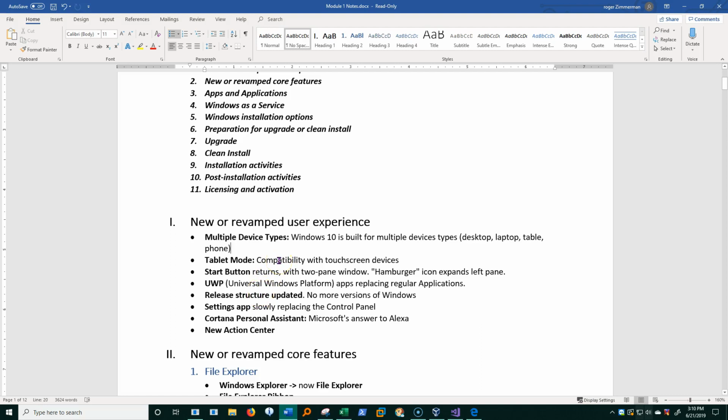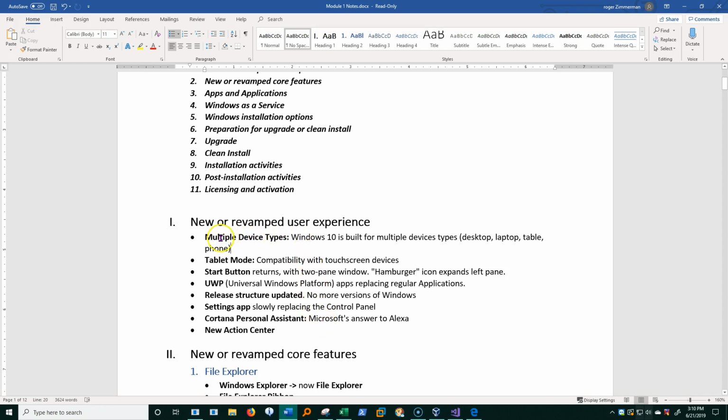Let's look at some of the user experience in Windows 10, how things have changed in the way you use it. And before I even start this, I want to mention one thing, and that is that it's constantly changing. So the things that you see here, or the things that you see when you go into Windows themselves, may completely be different by the time you look at this, and they'll continue to change and evolve over time.